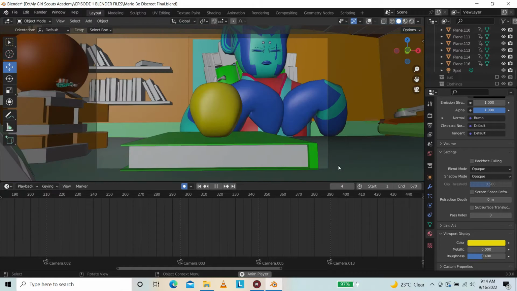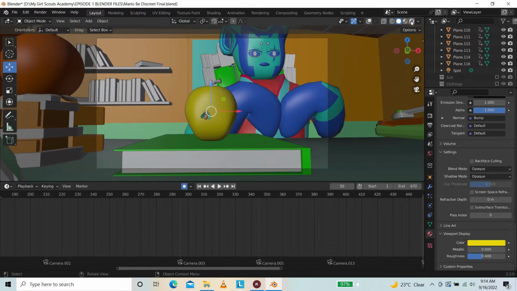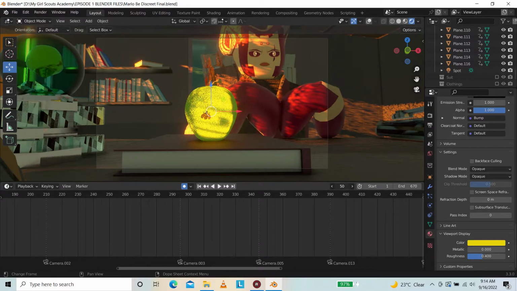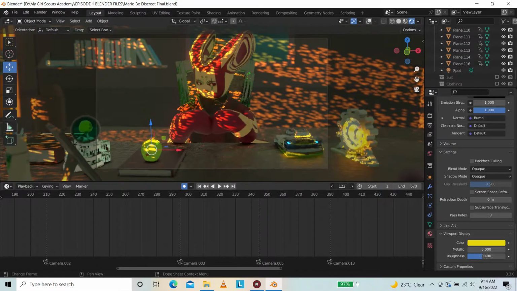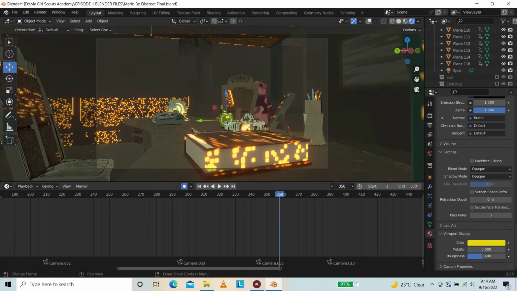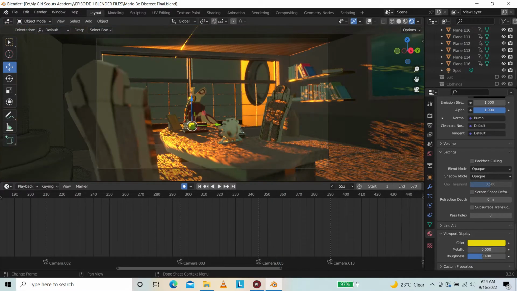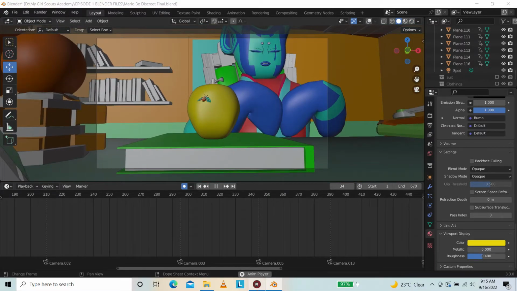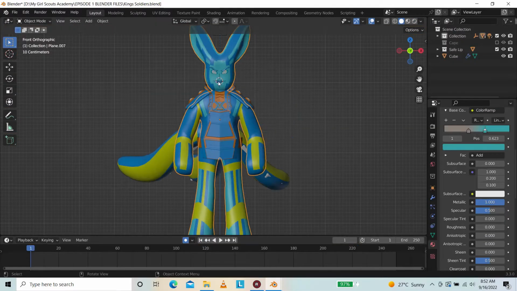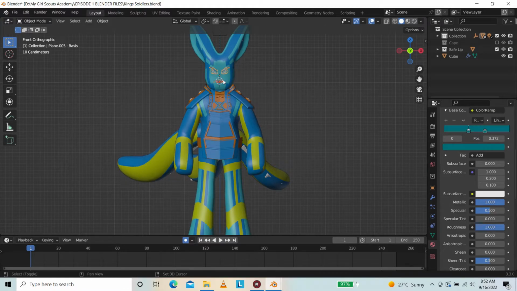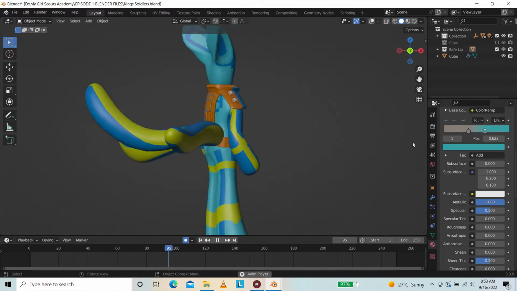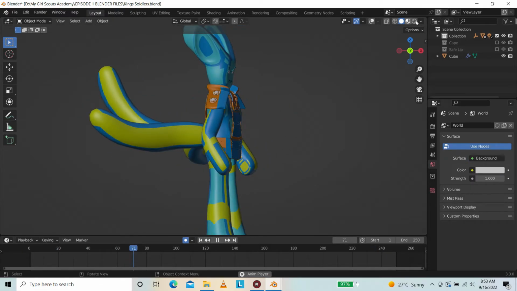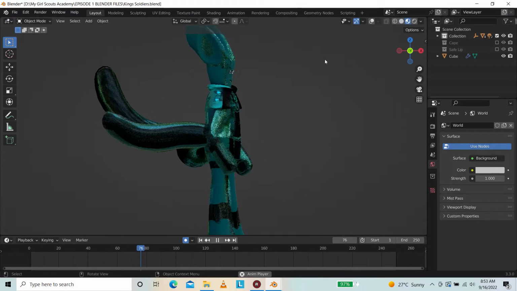So yeah, after lighting, I'll be done. My scene will be looking okay, and then I'll go to rendering. That is just me there. After adding the lights and everything, and I think it looks okay, then I'll render my scene. I don't go to a third party renderer. I'm still in Blender. I just render that. It takes a lot of time. It depends if you have a complex scene. If you are using a lot of objects in the scene, then that determines how long your scene will take